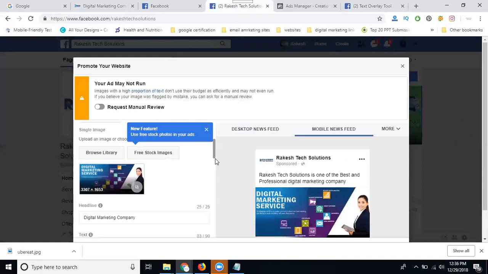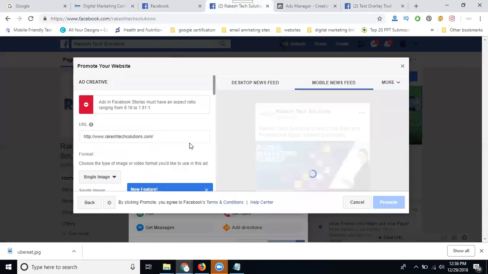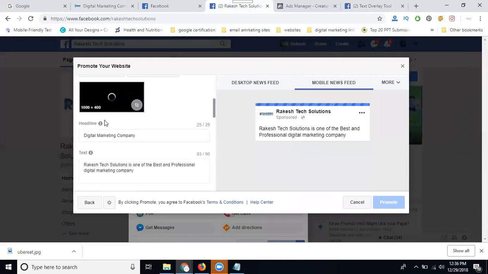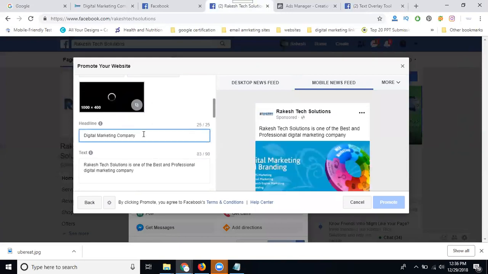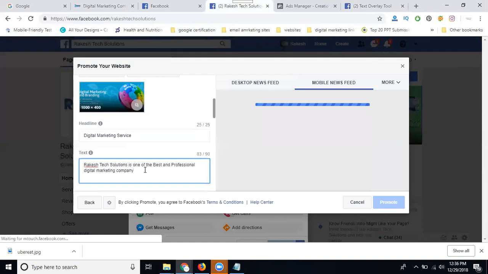See this one. For Facebook stories, the aspect ratio must be 960 into this ratio. Otherwise the ad will show that it is not running. It's showing to run your ads. So the image will be done. System marketing, services and training. So we can't use this. You will write for